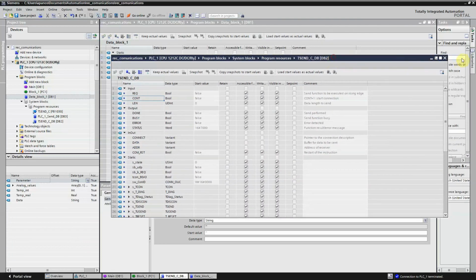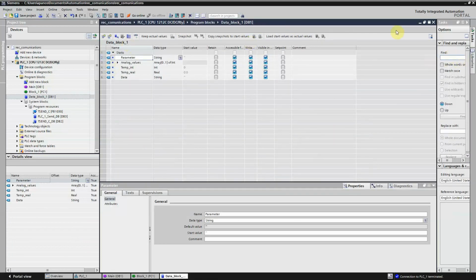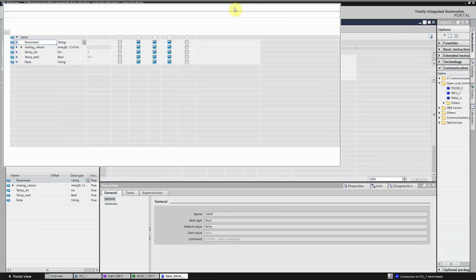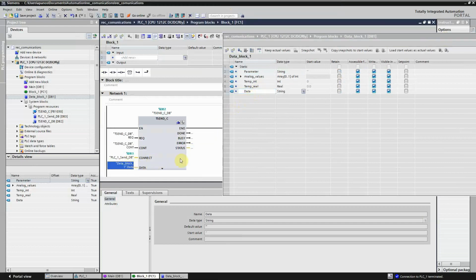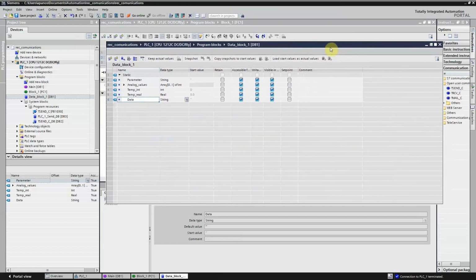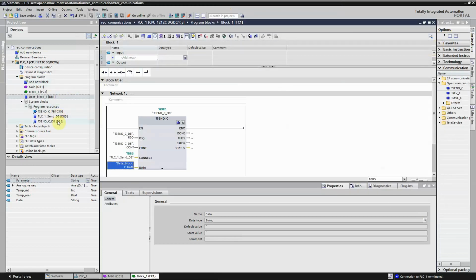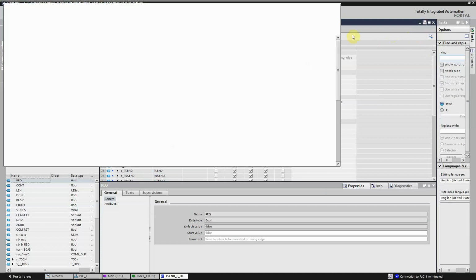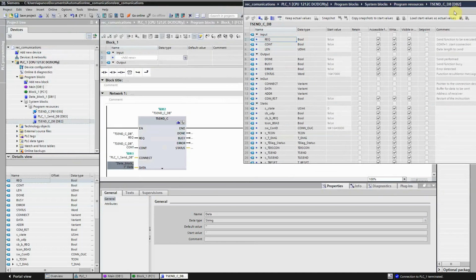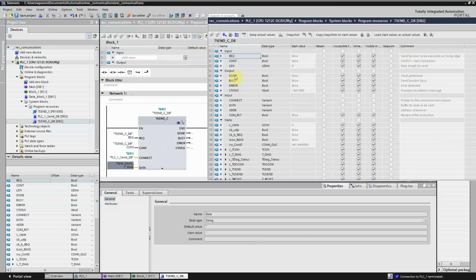Let's close this one and we undock this one. So our data here, where we are storing all our parameters, is what we are going to send. We close now our data block and we go back to our TSEND_C DB. We undock it, and over here done is done,